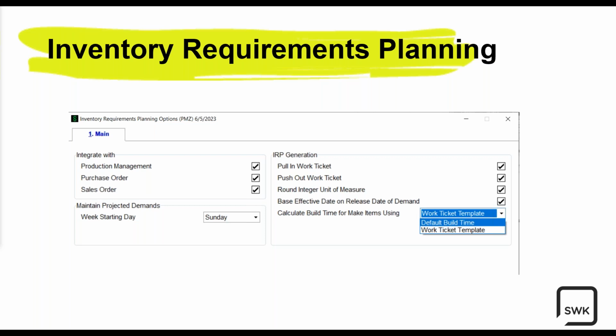When you clear the checkbox, it will keep the work ticket on the required date that it has and make recommendations for demands preceding the work ticket completion date. So push out is kind of the opposite of that. So it can pull in on the work ticket side as well as on the PO side, taking into account